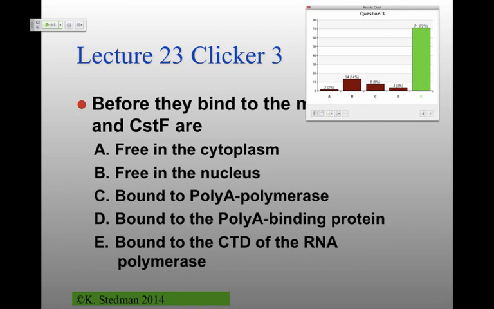And if you think about it, that's where you're going to get poly-A tails. It's also the beginning of termination of transcription in eukaryotic messenger RNAs. And so it's really advantageous to have those proteins right where they need to be when you're going to get termination. And so they are brought along for the ride along with that C-terminal domain of the RNA polymerase.